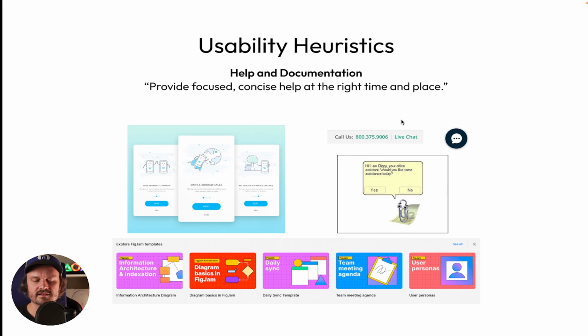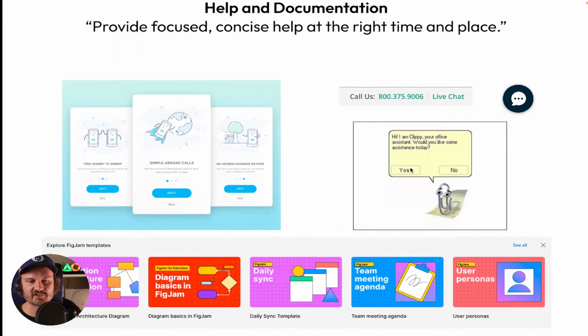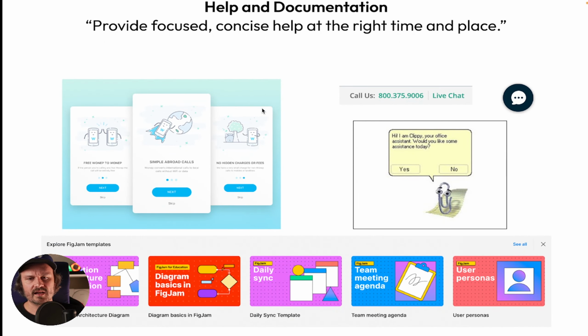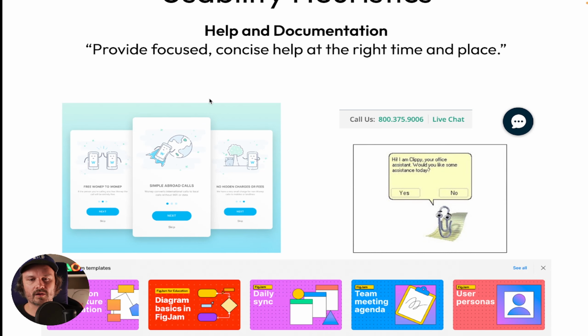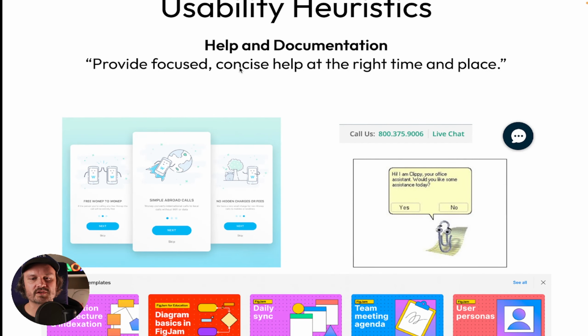And you'll see here, yeah, so this is the last heuristic, and this is on help and documentation. The alternate wording for that is provide focused, concise help at the right time and place. And again, all of this is sort of tied together. And one of the overarching